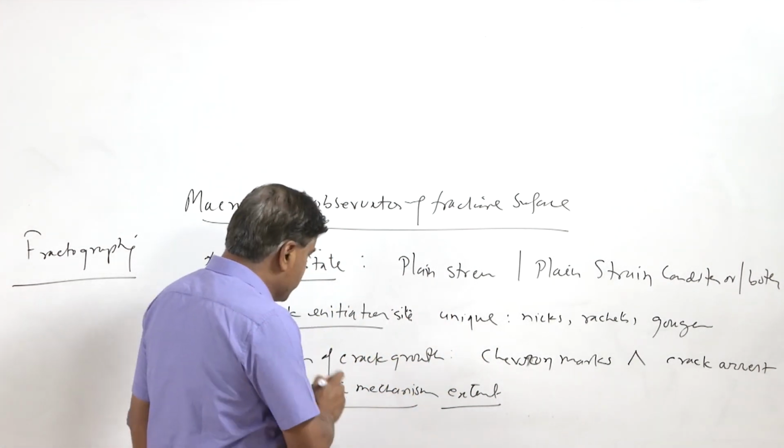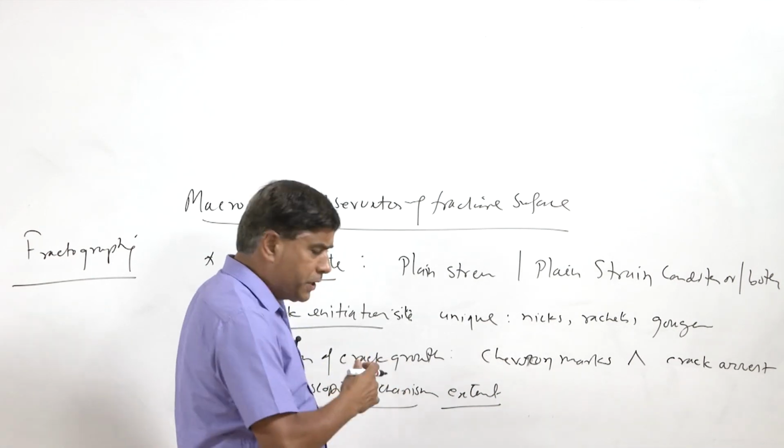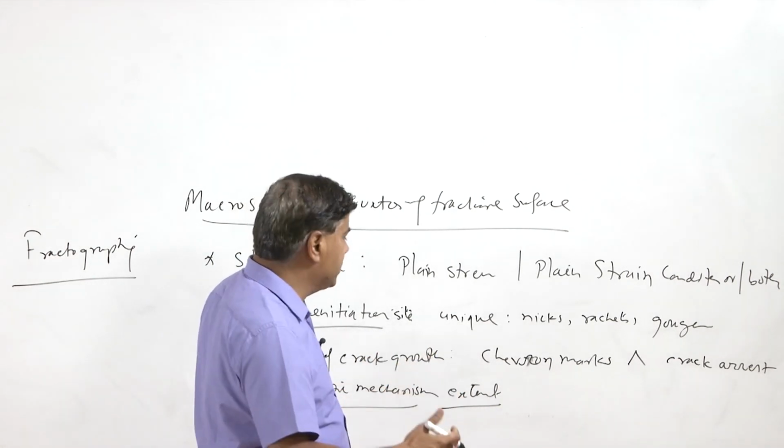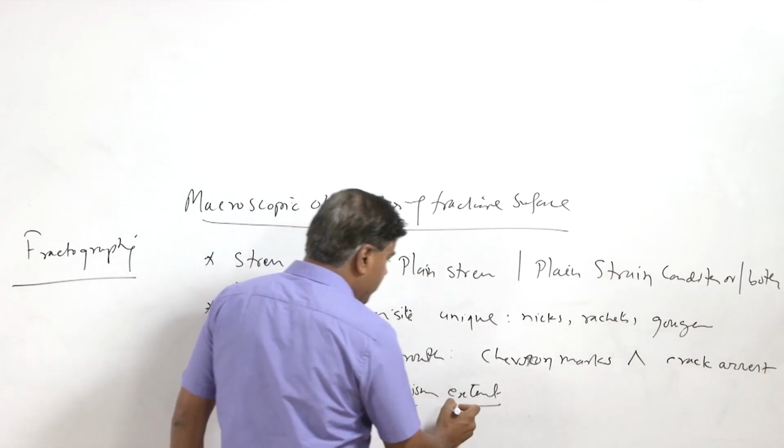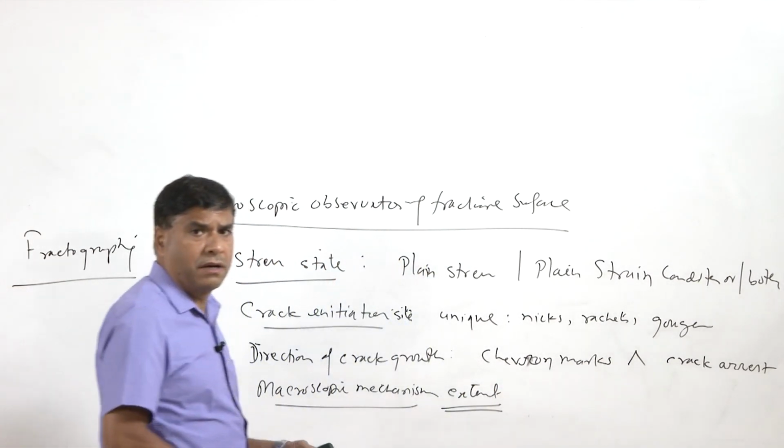So, the extent of a particular operational mechanism leading to the fracture can be identified through the various features which are present on the fracture surface,